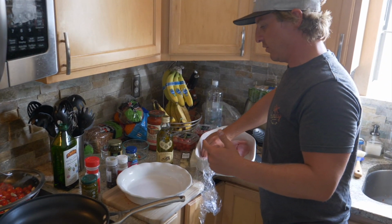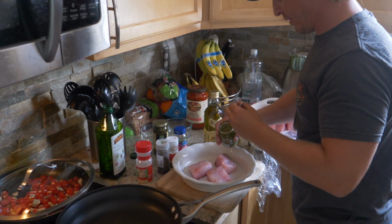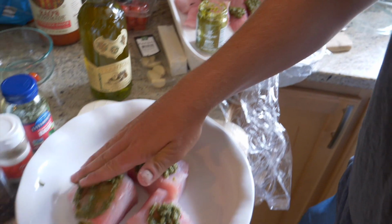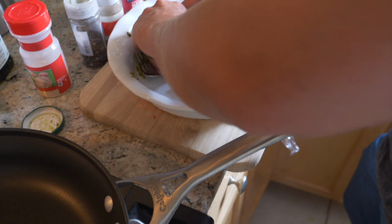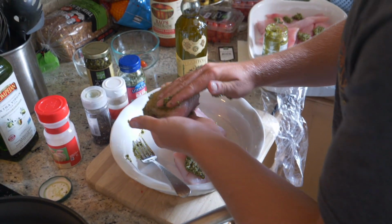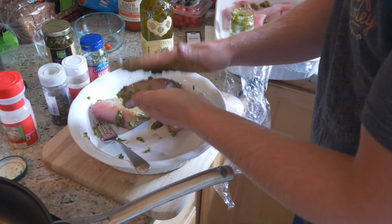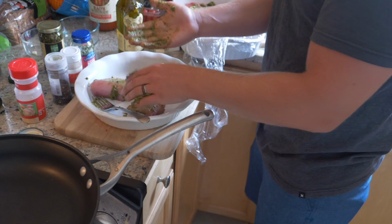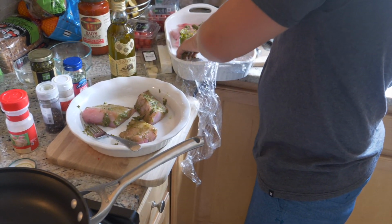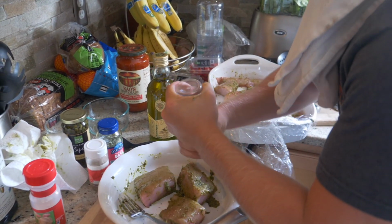The next thing we're gonna do is we're gonna saute our cobia. We're gonna put pesto. So I've washed my hands, so I'm just gonna use my hands to get this all into the cobia. I really do like to use my hands because I feel like I can get more sauce into the meat. I feel like I gotta be like a sous chef and have a towel in